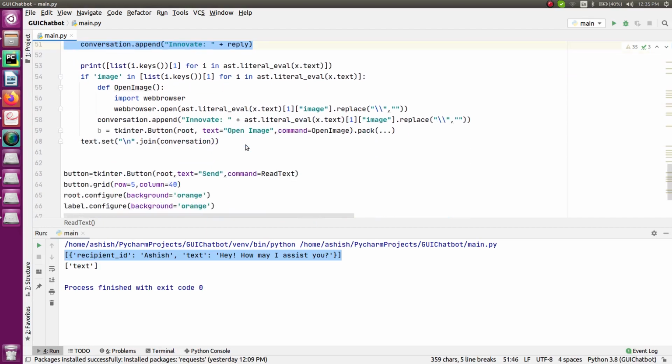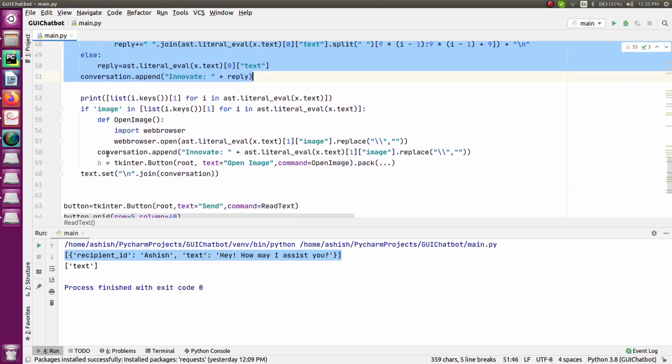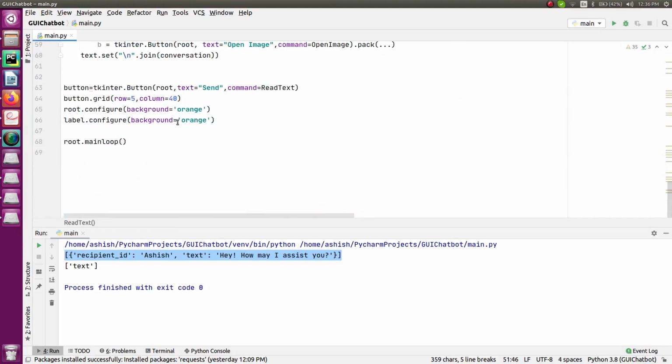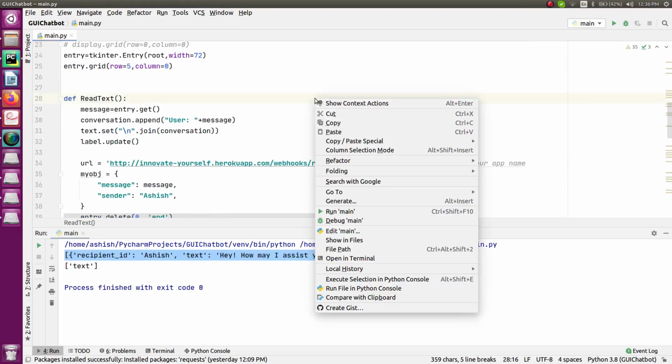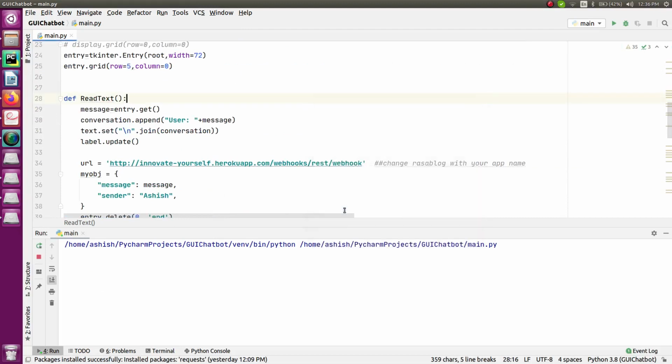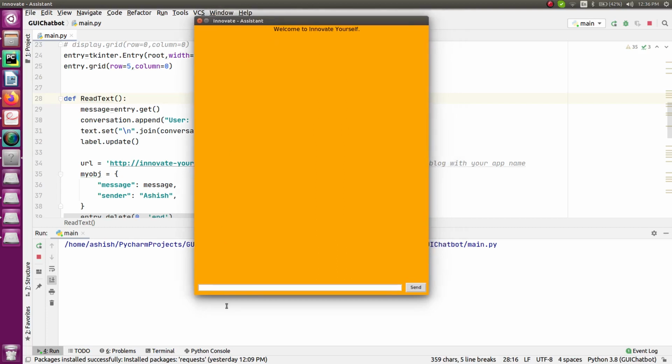And don't worry about the code, I will leave a link in the description. You can check the code from there, and accordingly you can test it yourself. So this is all that I have done. This is a complete project, a complete GUI application. Now let me run this and show you how exactly it is working and how we can get the output properly.